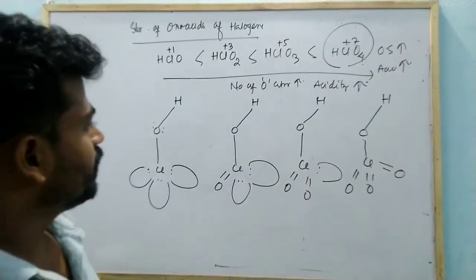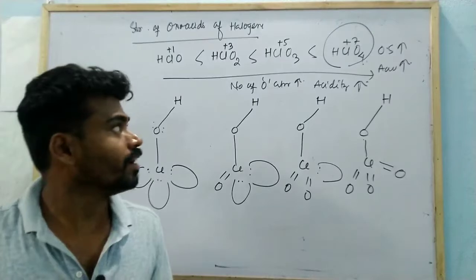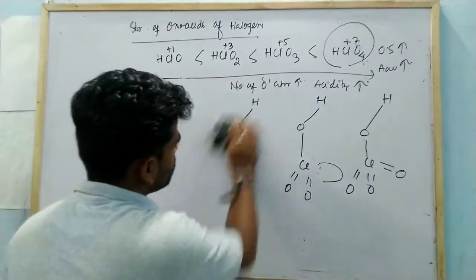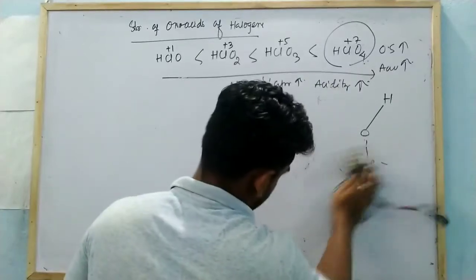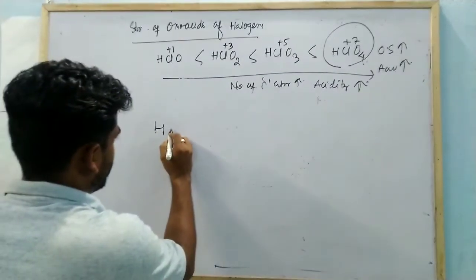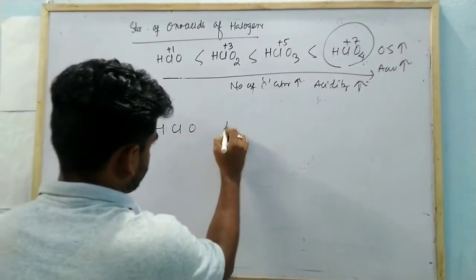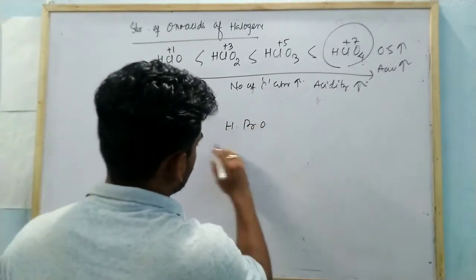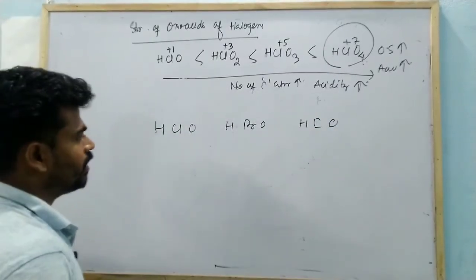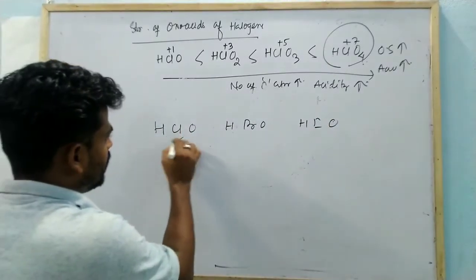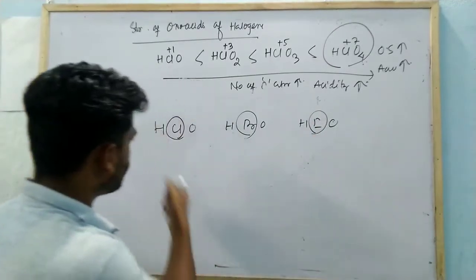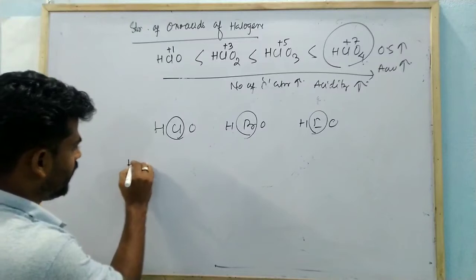Next, if I change the different halogen atoms here, suppose this one is HClO, HBrO, HIO, a compound like this. Here you see the electronegativity of chlorine is more than that of bromine, which is more than that of iodine. So the more the electronegativity here,